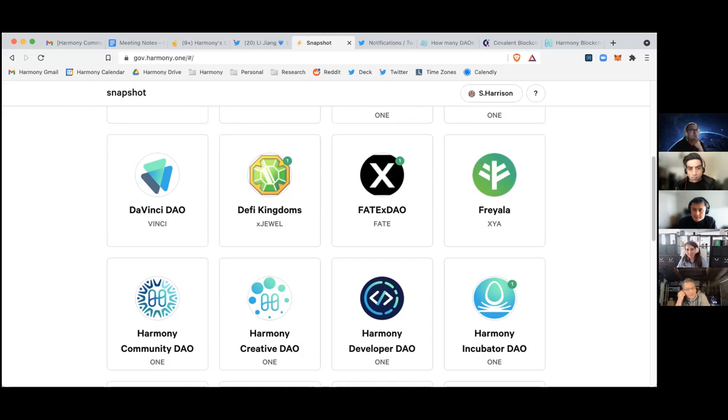Anyway, so yes, they do have a budget of $1 million. We're normally starting all of these DAOs off at $50,000 just because they need to get their feet underneath them before we drop a huge pile of money on their heads so they don't just collapse underneath that. So they will have a little bit more funds.